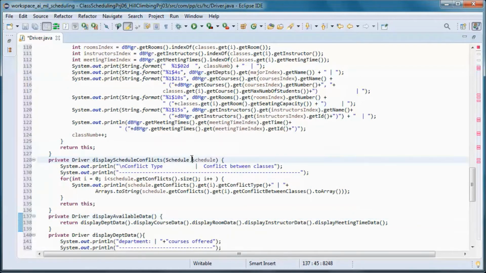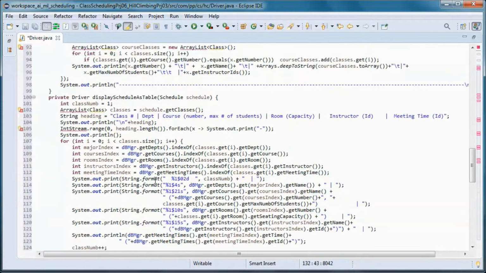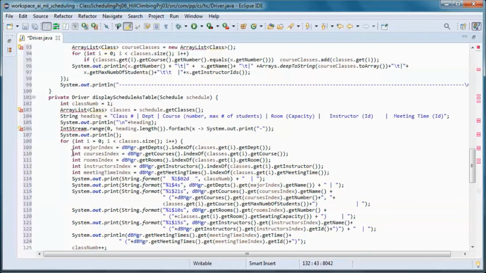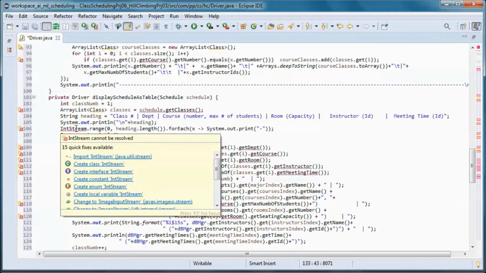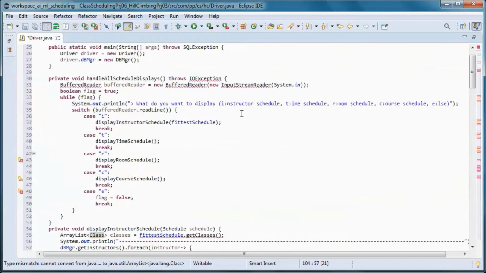And this displays the passed in schedule conflicts, and let's fix this one.